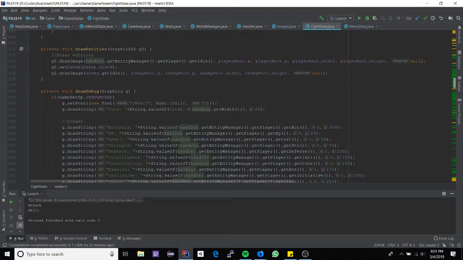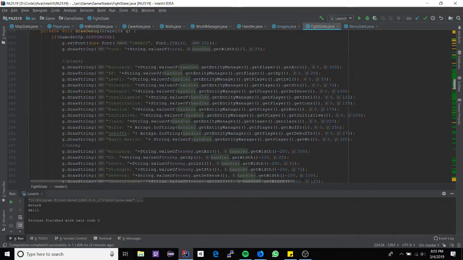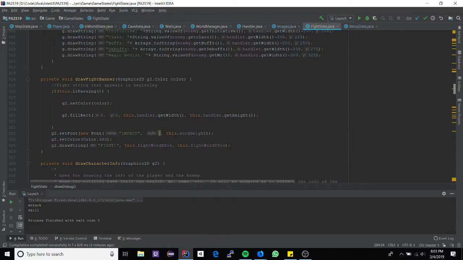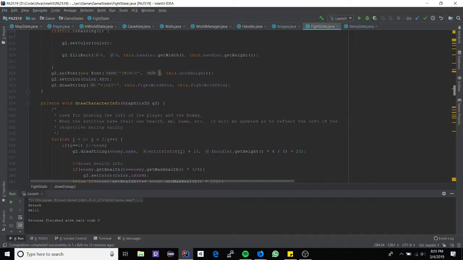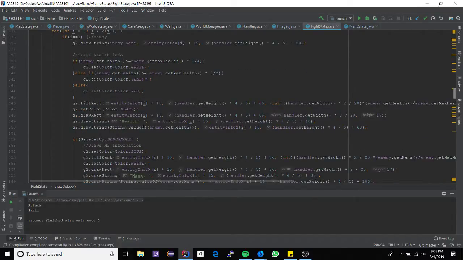Tenemos aquí Draw Entities. Sencillo, te dibuja los entities que uno tiene, el player y el enemy. El debug, esto es para cuando uno está debugging y modificando los stats. Tenemos el Fight Banner, como les dije, sencillo, hace un animation y el scrolls down. Ok, Character Info. Aquí, como les dije, tenemos both entities y enemies, y aquí es donde uno tiene toda esa